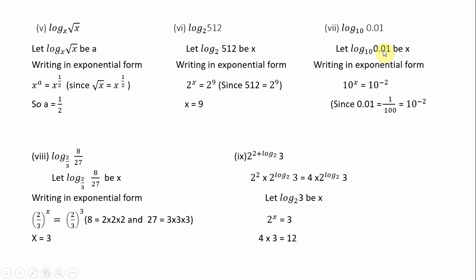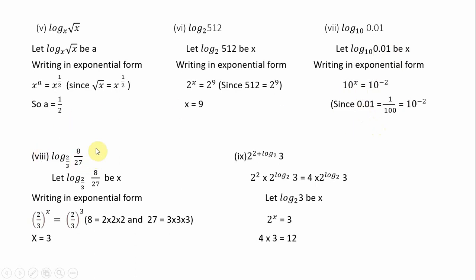1 by 0.01. After the two decimals you have two zeros, therefore it becomes 1 by 100. 1 by 100 can be written as 10 to the power of minus 2 because it is 10 square. When you take it to the numerator, it becomes 10 to the power of minus 2. Now the bases are equal. 10 power x is equal to 10 power minus 2. Hence, here you need to write x is equal to minus 2. x is equal to minus 2 must be written.